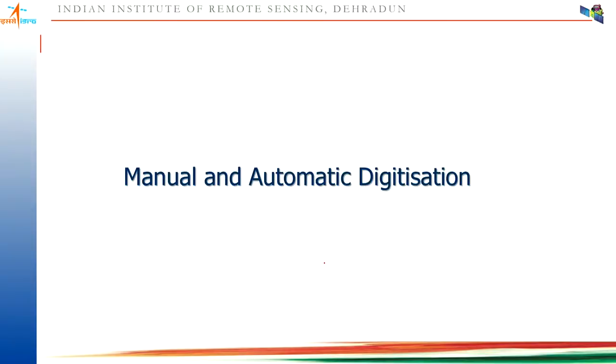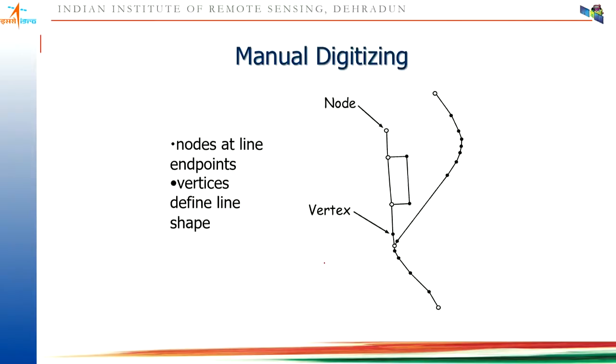Theoretically, we now understand that if you want to import any non-digital data or non-vector data into GIS, the first thing you need to check is whether it is georeferenced or not. Once it's georeferenced, you want to make the input, and that input process is called digitizing. In manual digitizing, mostly you will create lines and points; joining points will become a line, and if you have a line which joins back to the same point, then it becomes a polygon.